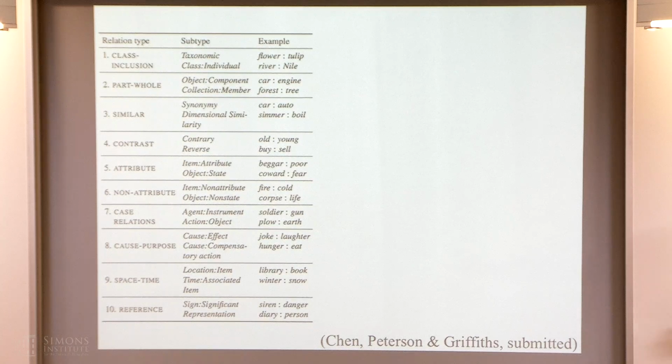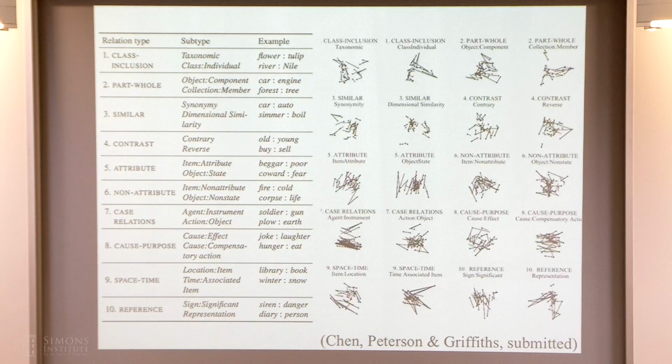As a first pass, what this data set contains is a set of these pairs that were generated by people, who were shown an example of a relation and asked to come up with some other things that obey that relation. We could take those examples that people had generated and do the same kind of analysis, looking at what the vectors look like that are generated by those pairs, and this is what it looks like across these different types.